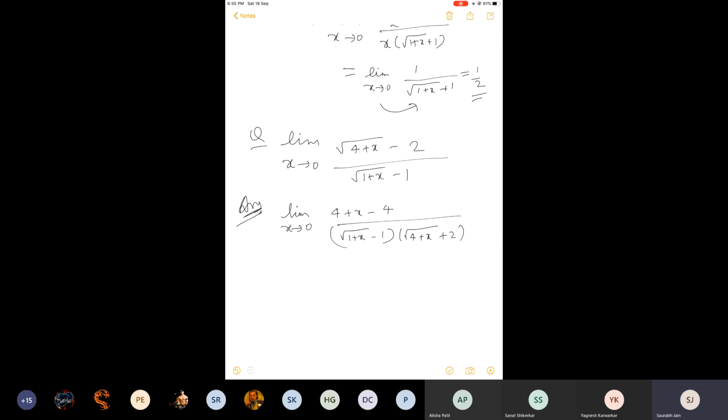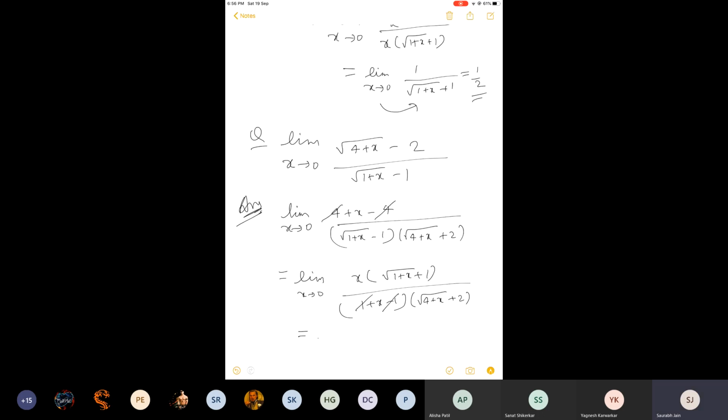I have multiplied the numerator with its rationalizing factor and I have written a square minus b square. In the denominator, whatever I have multiplied with the numerator, I have written in the denominator also. But this is leading us nowhere because even if you put the value of x now, in the numerator it will be 0 and in the denominator also it will be 0. So for that you will have to rationalize the denominator also. Because of this it is under root 1 plus x plus 1, and in the denominator it will be 1 plus x minus x. We have this value now.